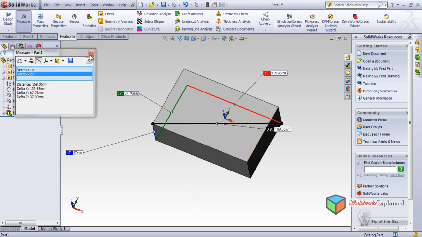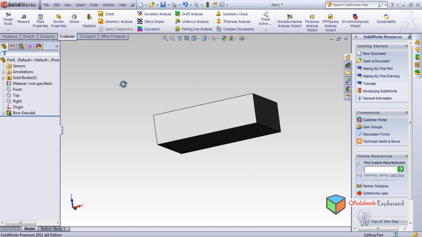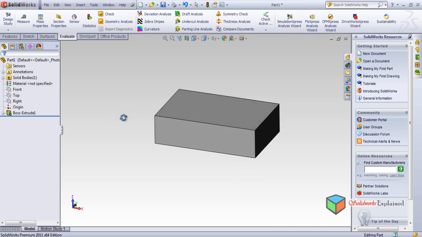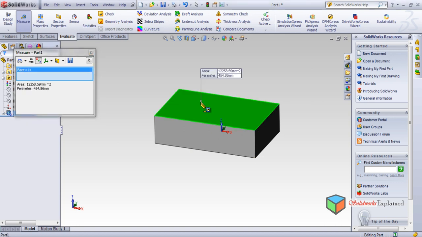So this was, and it is not restricted only to points and lines. I'll show you. When you click the surfaces, look, just on one surface it shows the area and the perimeter. You know how great the tool is. What is the perimeter and what is the area? Definitely this is the surface area. Okay, so